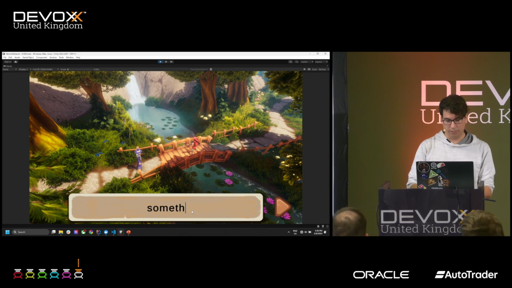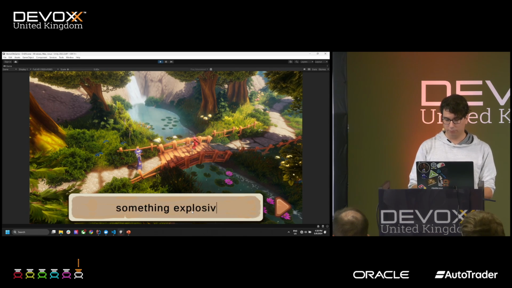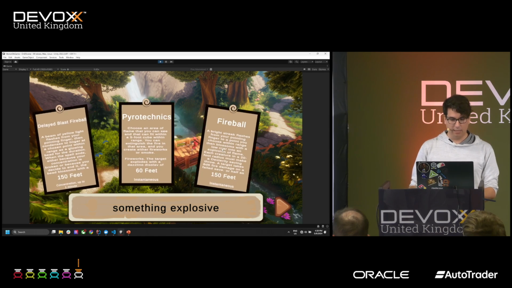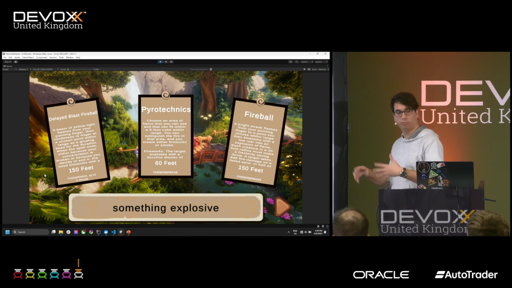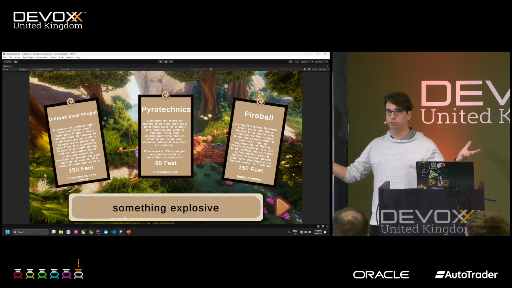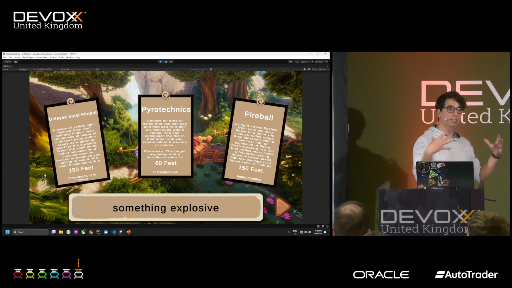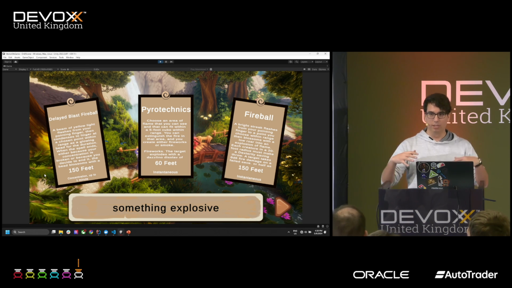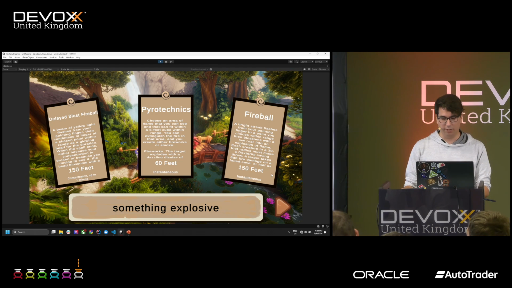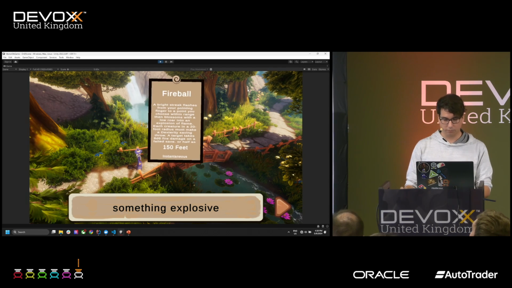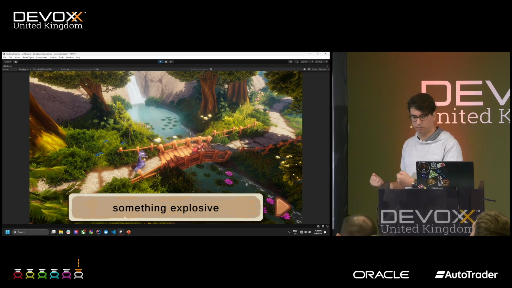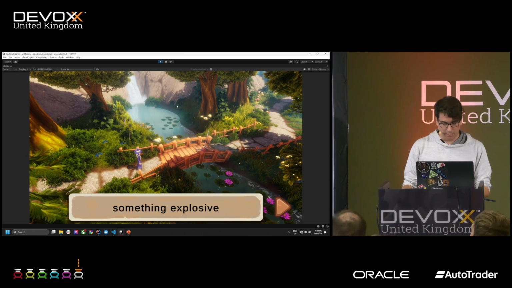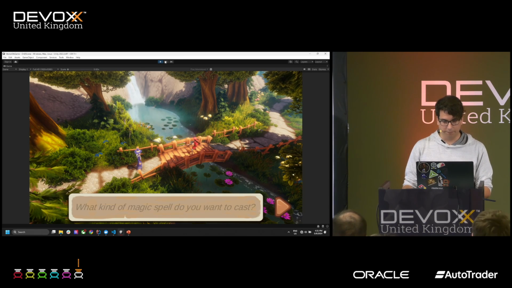And then you can do something explosive, for example. And then again, delayed blast, fireball, pyrotechnics, because the context of a fireball is most of the time that it is indeed explosive, right? So like that, you can find it in your similarity search. And again, perfect. Endless torment for the poor thug. Okay.